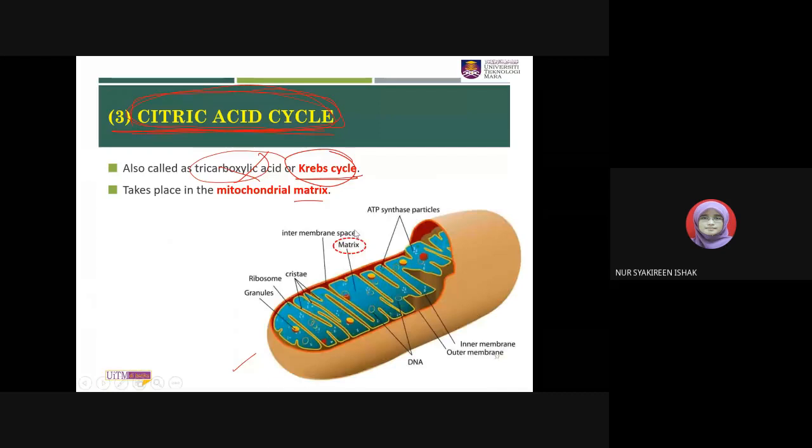So this is the structure of mitochondria. The Krebs cycle or citric acid cycle occurs in the matrix of mitochondria. Why does it occur in the matrix? Because this reaction involves enzymes that are found in the matrix of mitochondria. And it also releases its products, which are NADH and FADH2, in the matrix of mitochondria. As you can see from the diagram, the yellow color structure here is the inner membrane or cristae. So the cristae has many